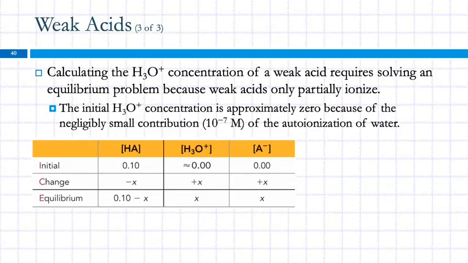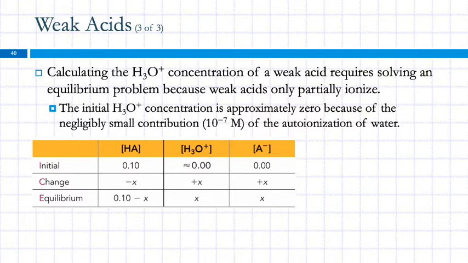Weak acids are a little trickier. They require solving an equilibrium problem because weak acids only ionize partially. So here we're making an ice table and just saying that the initial concentration of the weak acid is 0.1. Here, the initial concentration of the hydronium ion is approximately 0. It's actually 10 to the minus 7, but that's negligibly small compared to 0.1, so we say basically 0. And then the change, of course, some of this will ionize, so this is negative x, plus x, plus x, and we come up with these equilibrium